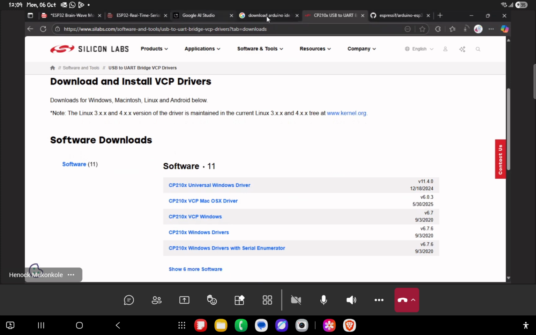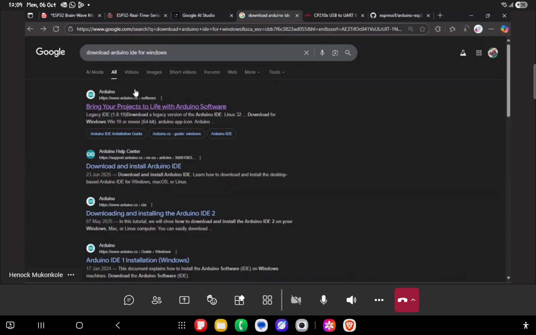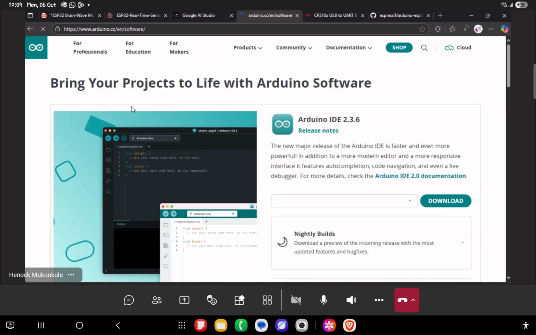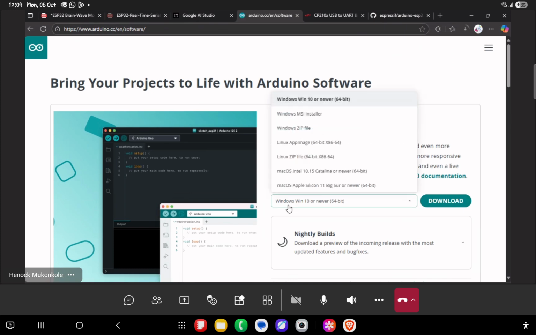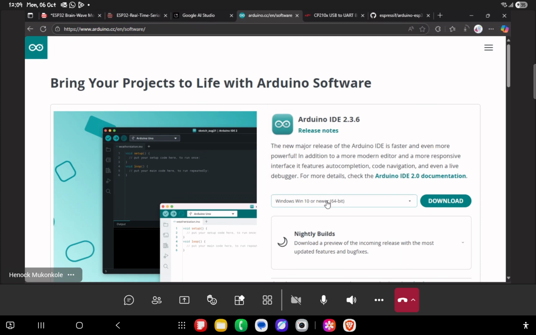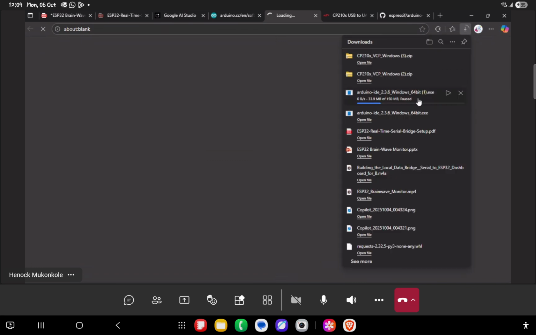Okay, if you just go to this website and then open this link, when you click here, you should be able to download it. Since I'm using Windows, this is where I can download. You can go with the Windows 10 version. When you click on download, then you'll be able to get the software. Okay, so I'm going to just pause